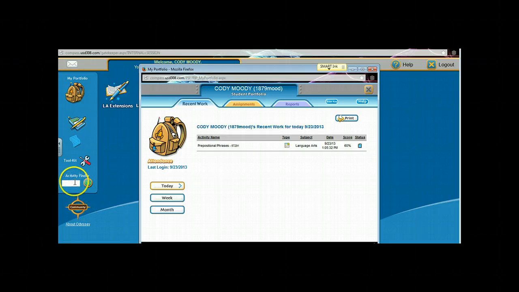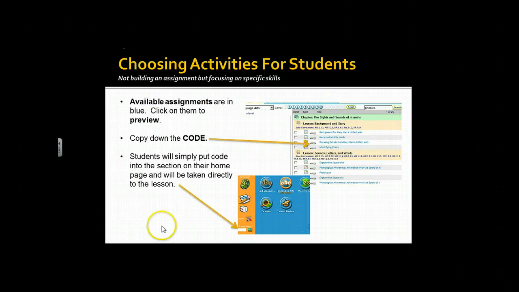Last but not least, there's an activity finder button over here on the far left-hand side of the screen. That activity button, again, here's the picture of the screen, allows you to just give a code to the students to enter. What that means is, remember, as you looked at the different assignments that you could put the check mark next to,